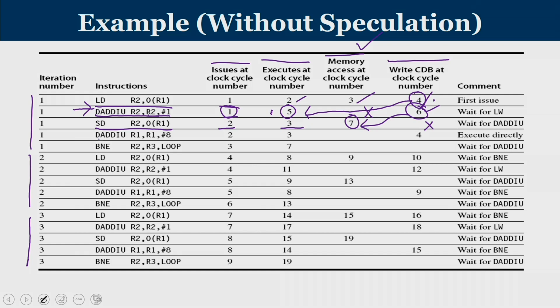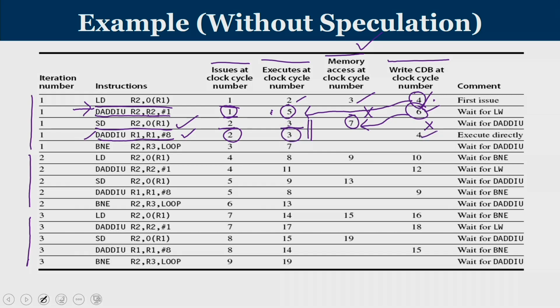And then, since there is no speculation, I am going to run the loop, and prior to running the loop, my R1 value is adjusted. So that also is issued at 2. When you issue at 2, I can execute it at 3. Why do both of them happen at 3? One is a memory operation, the other one is an integer operation. So we have 2 separate functional units, and both happen together. So when you do something at 3, I can write it on 4.